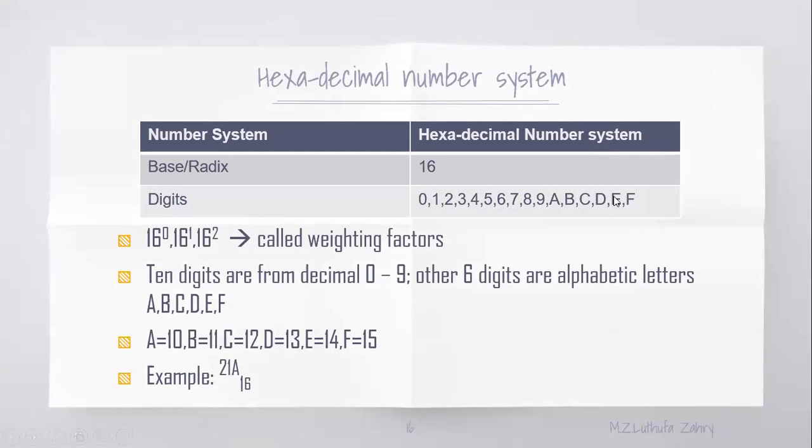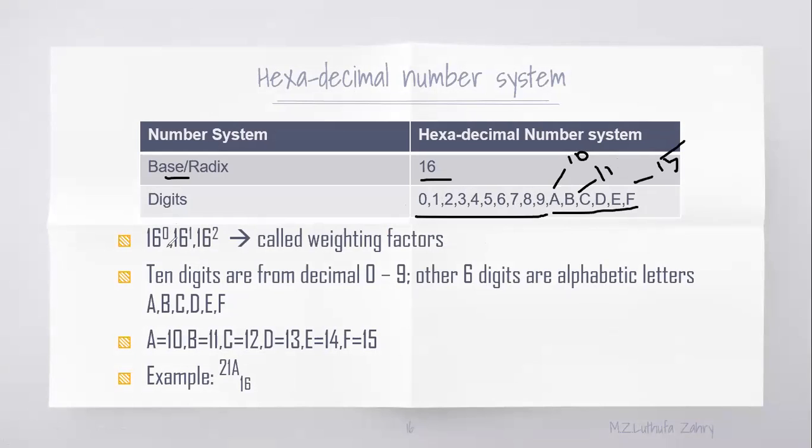So next one is the hexadecimal number system. If you want to see a hexadecimal number system, the base will be 16. As I said, 0 to 9, those 10 numbers will be in decimal, and the other 6 will be in alphabetical letters A to F. It will be in order. A will be 10 and B will be 11, like that, and so on till F, F is going to be 15.